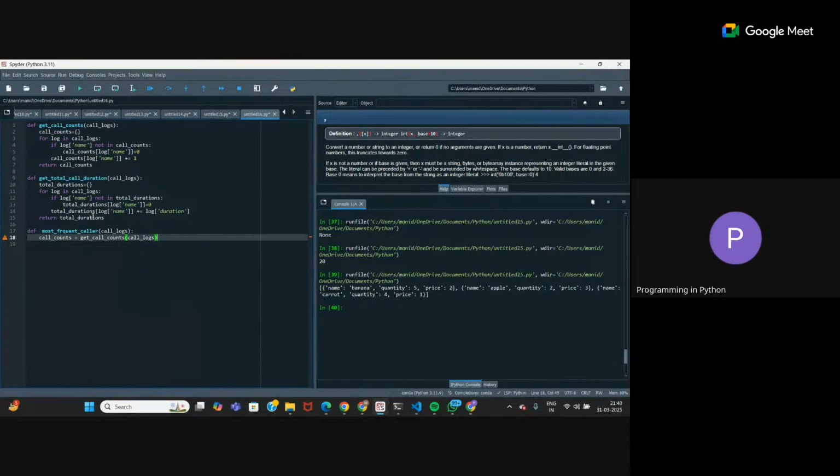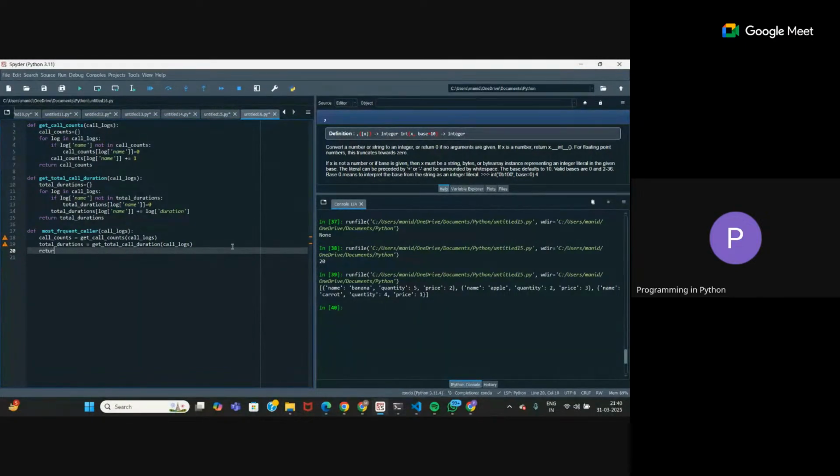Similarly, create one more for this, total durations, get total call duration with call logs. Okay. Now these two have stored the respective dictionaries. One for number of calls, one for duration of calls.